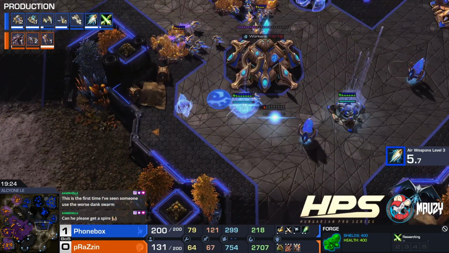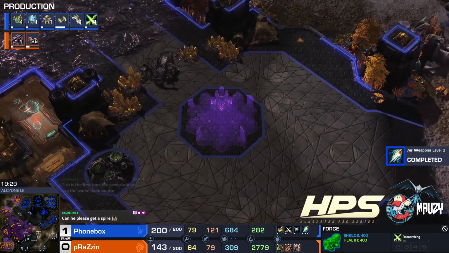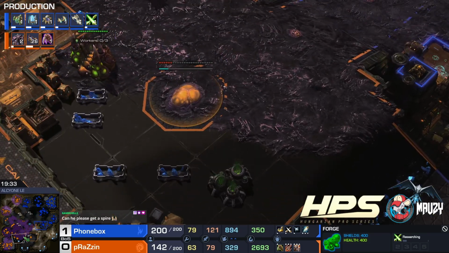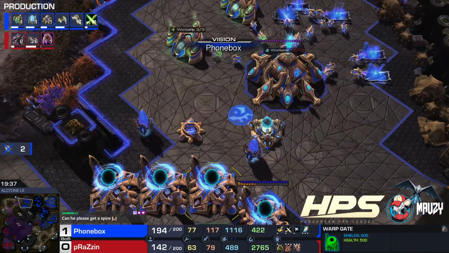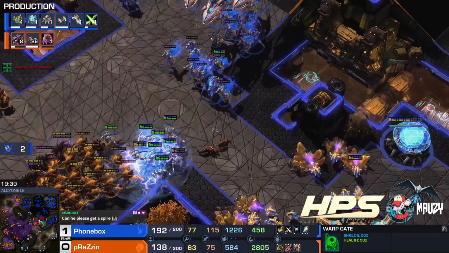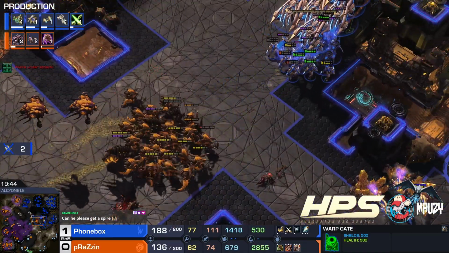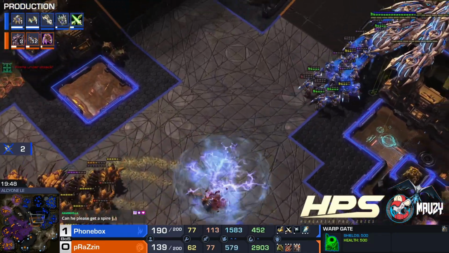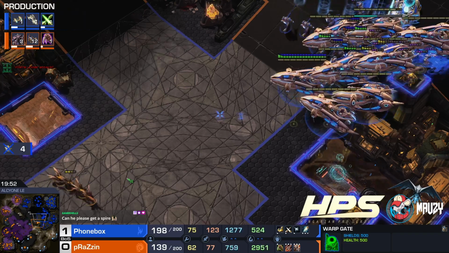Prazzin knows about this base, because obviously he's scouting it with his drones, and he did not mine out these minerals over here. He's gonna replace that lost hatchery, but he has this base for so long. Phonebox knows about it, but I don't think he can actually do anything proper about it. So nice storm, but if he doesn't hit the godlike tier storms, then he's going to be in a really